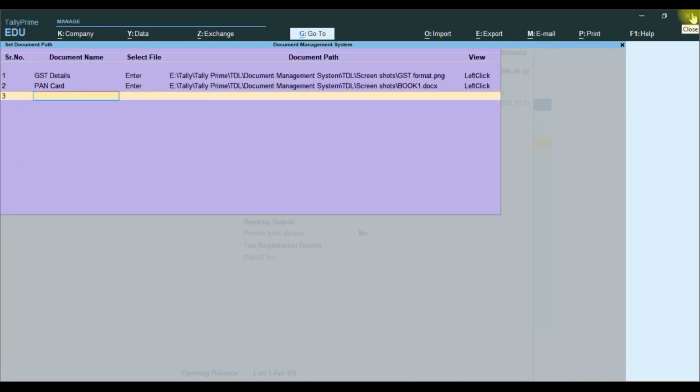You can attach any document. You have a PDF or scanned document or PowerPoint presentation or Excel document or Word document. Any document you have attached, you can open with a left click, and the file is open. We attach the two files in our master.